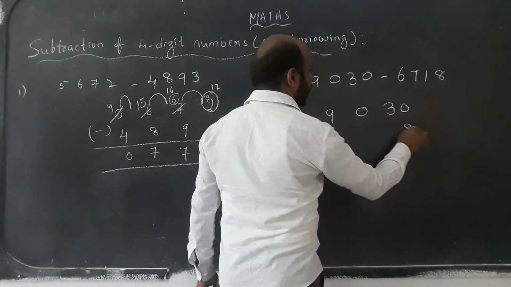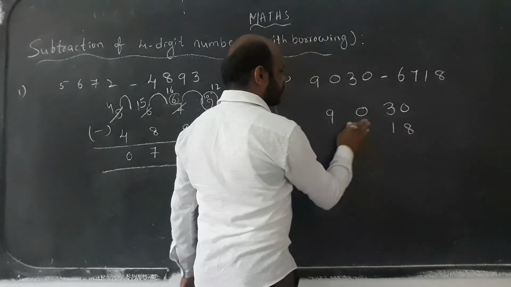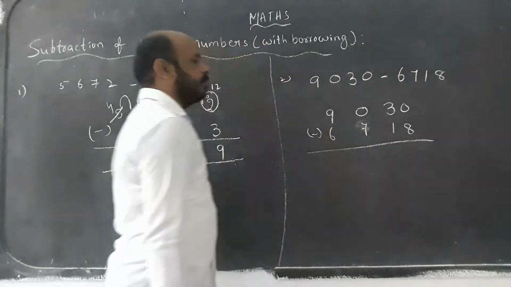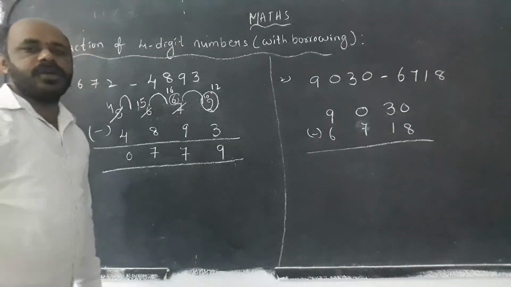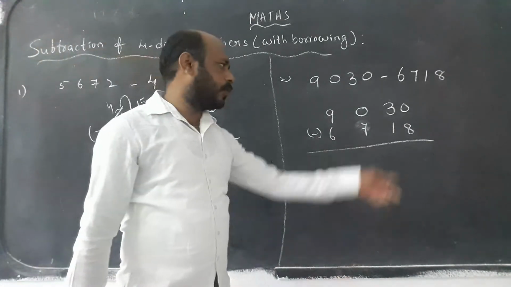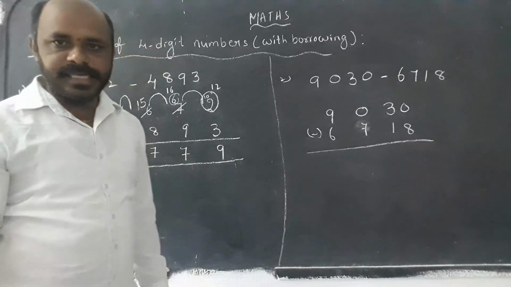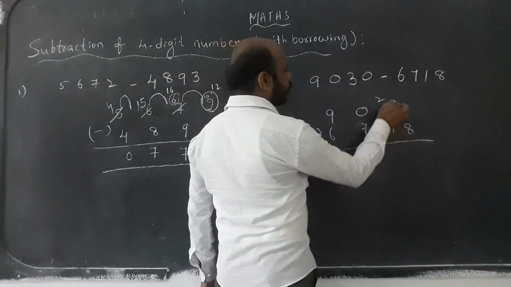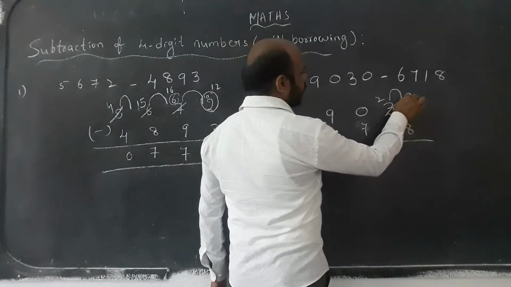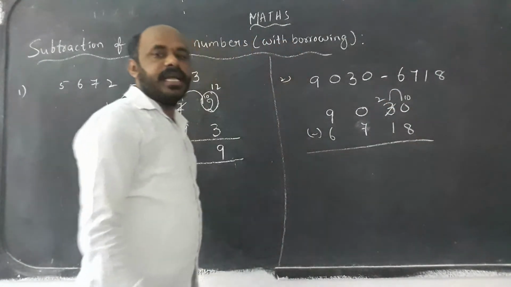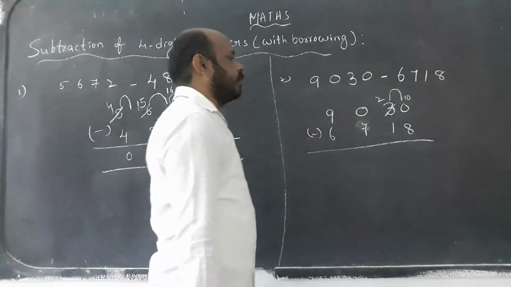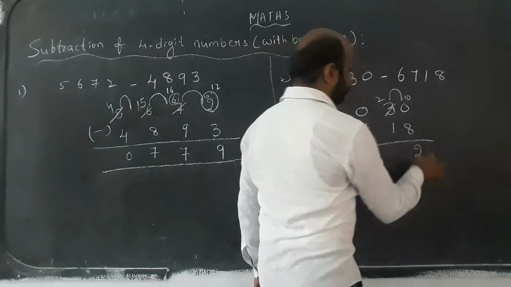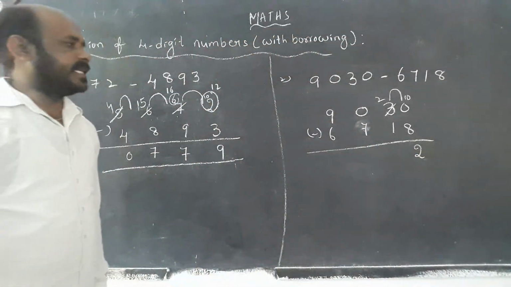Then we can write it here: 8, 1, 6, 7 and 6. We have to apply the subtraction symbol. From 0, we can't remove 8, so 0 needs help from the number before it. 0 is asking to borrow from the 3 before it. 3 becomes a 2, and the borrowed value is 10. 10 plus 0 is 10 only. Now we can subtract: 10 minus 8 is 2.